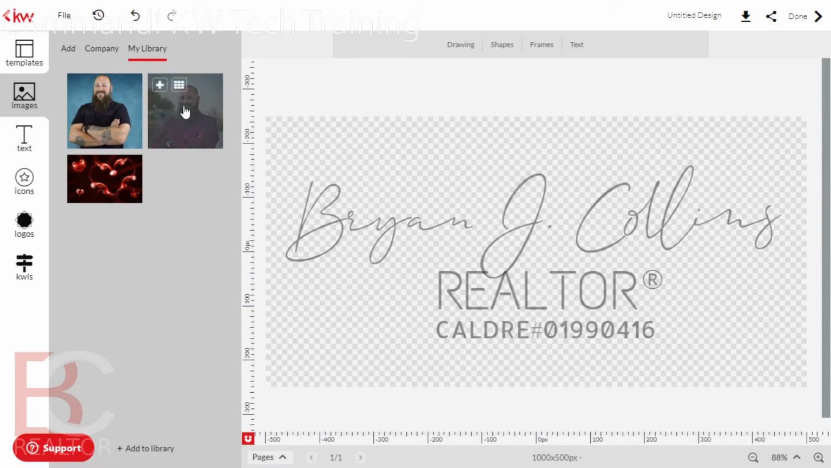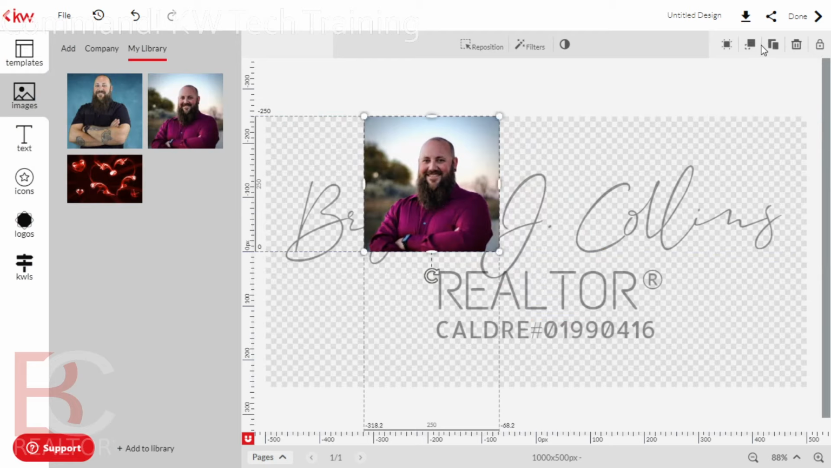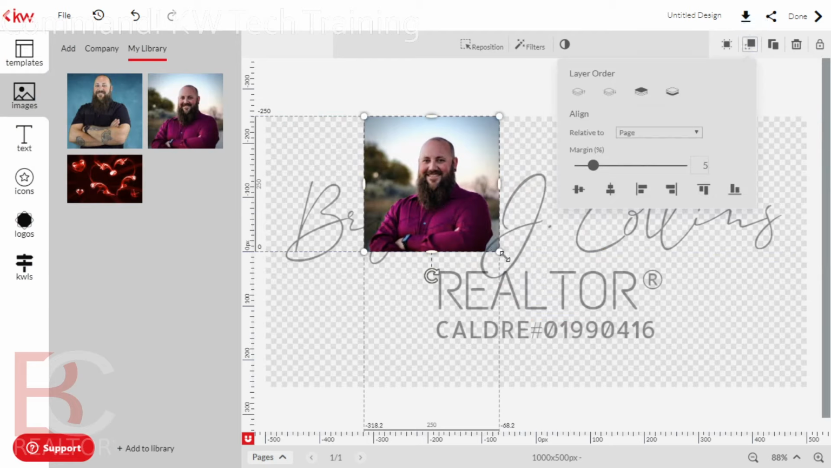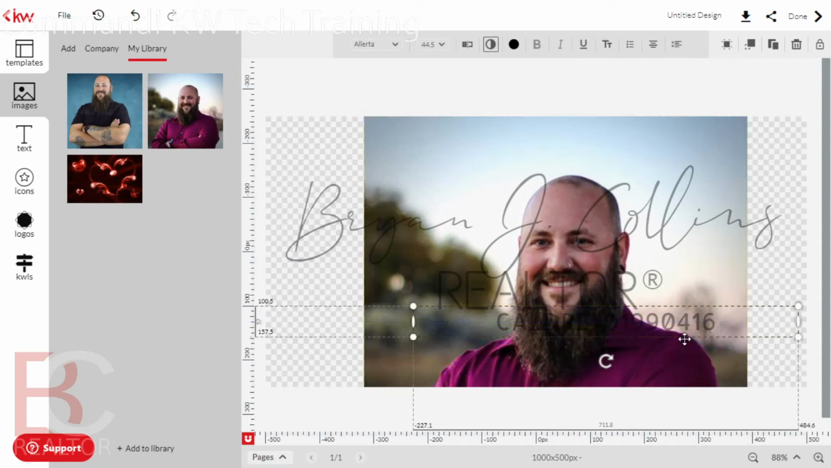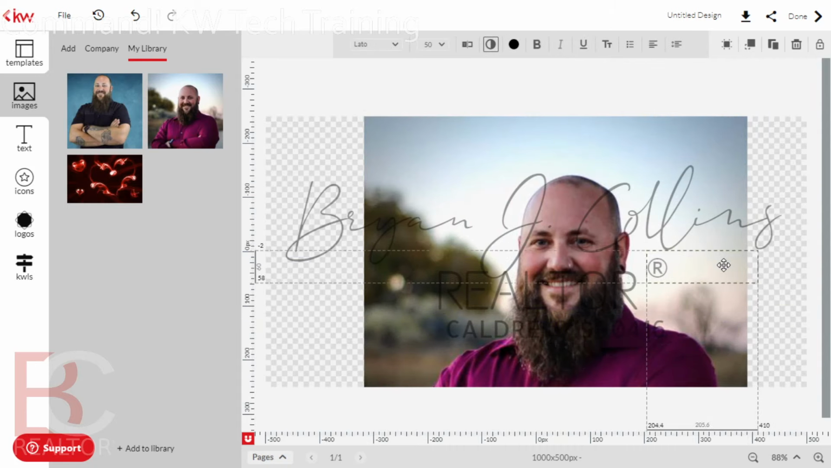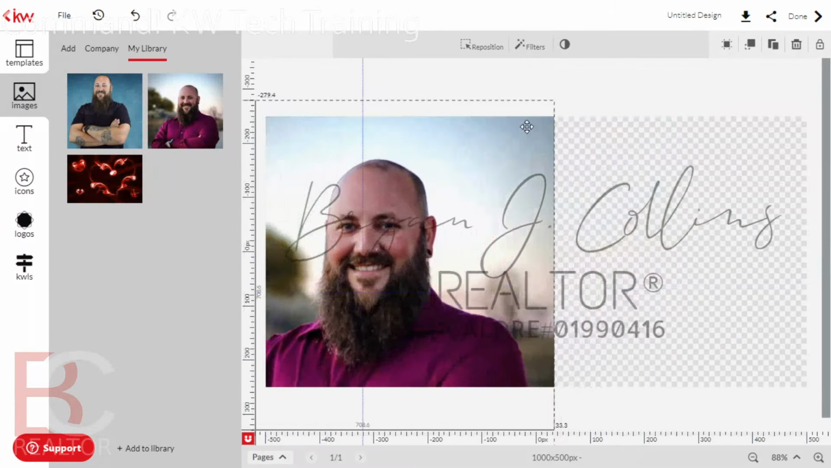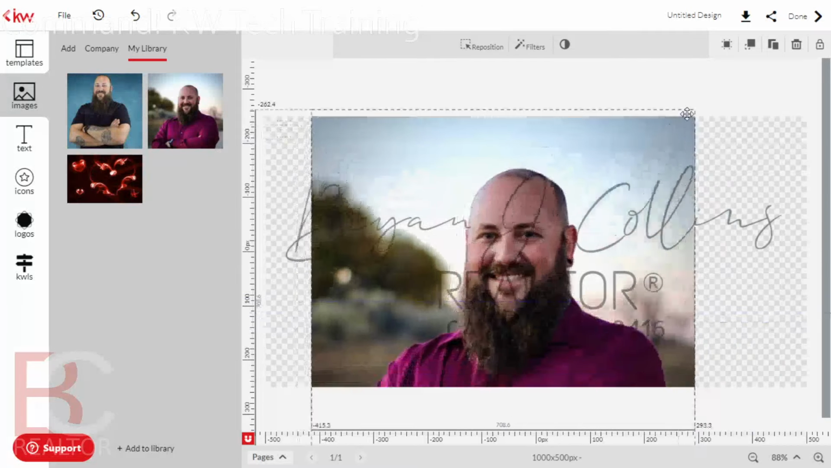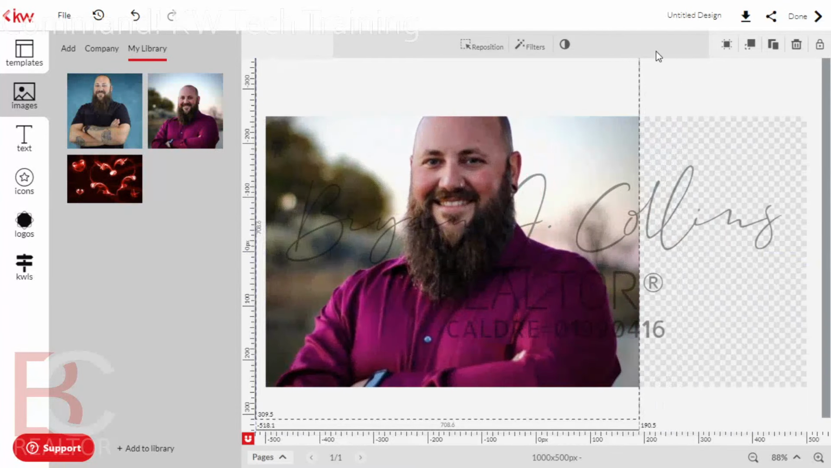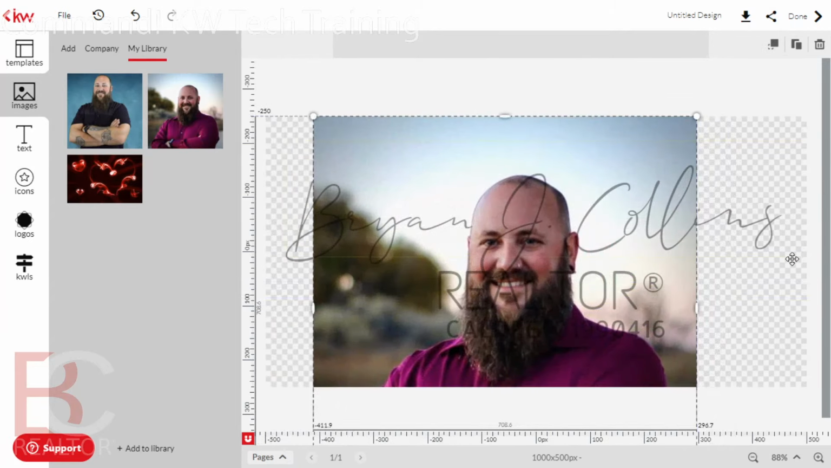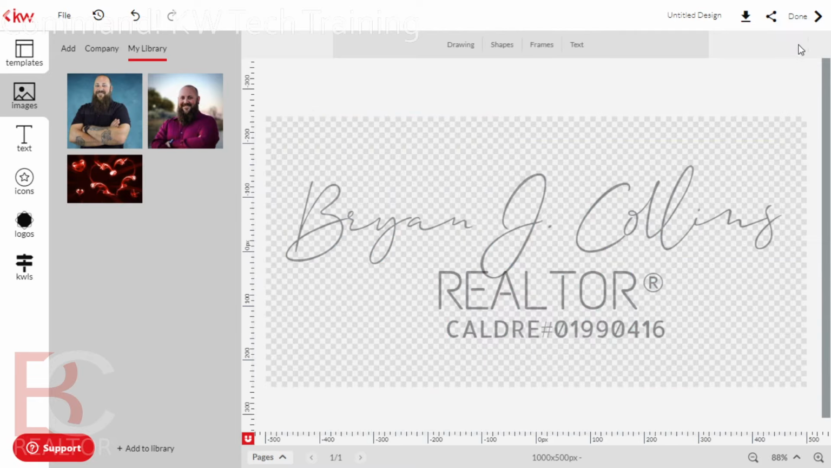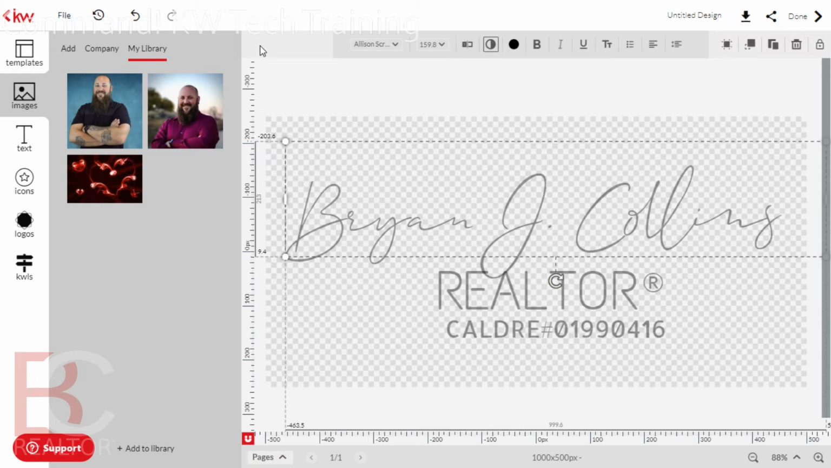So now when you put something, let's just say put something behind it, and we'll send this to the back, send it to the bottom. So now you'll be able to see the picture comes through the actual words as well. It makes it a little bit more of a watermark versus a logo design. So that is how it is done, and I'm going to title my design